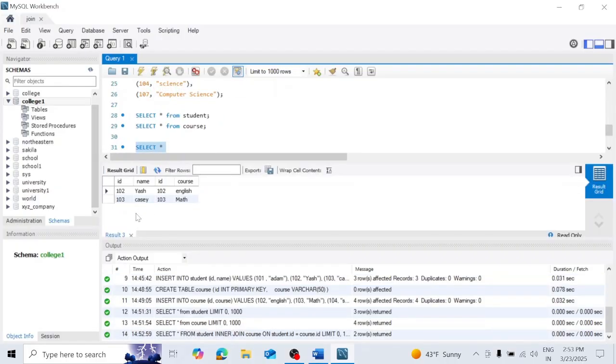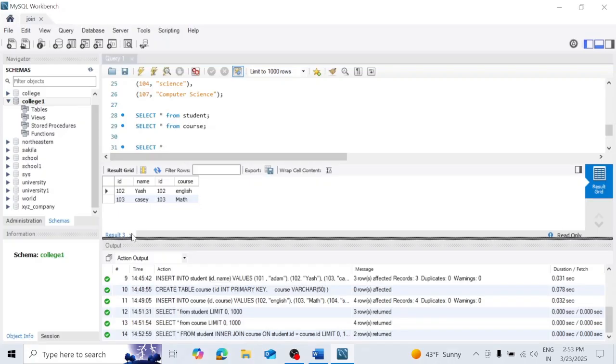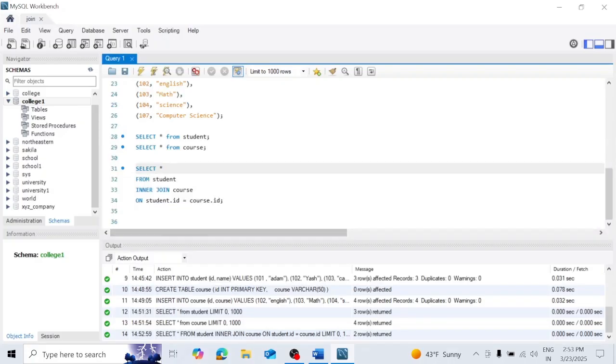Now you can see we have both the ID number, the name and the course. So this is the way you can use inner join in MySQL Workbench. Close this and